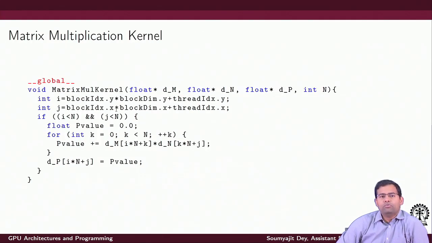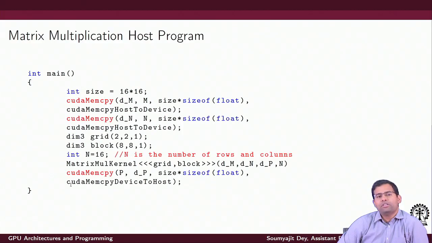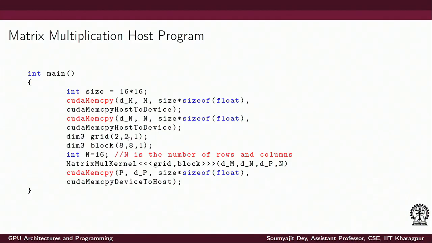Let's have a small look at the basic matrix multiplication kernel. Essentially, it is very simple code. It is going to execute this part of the code sequentially on a per thread basis. The kernel has been launched with this many threads, arranged in the grid and block pattern as has been discussed. So if I ask what is the total number of threads that have been launched, let's just work it out.